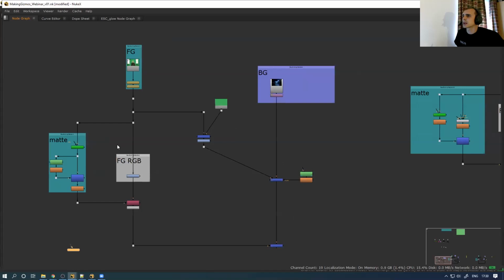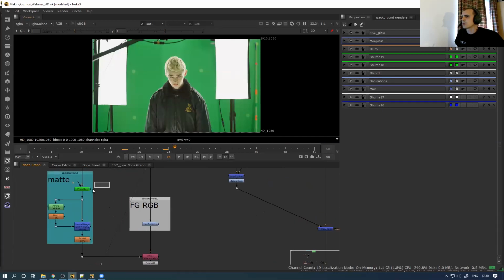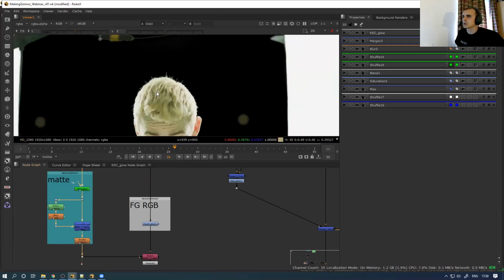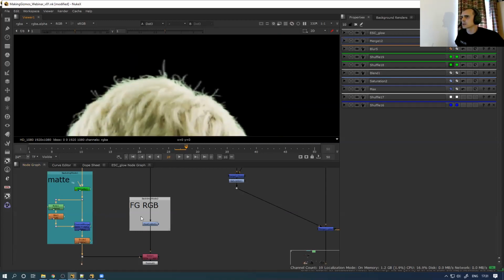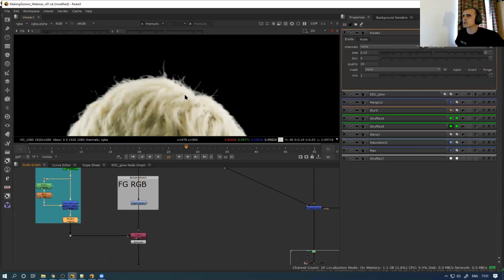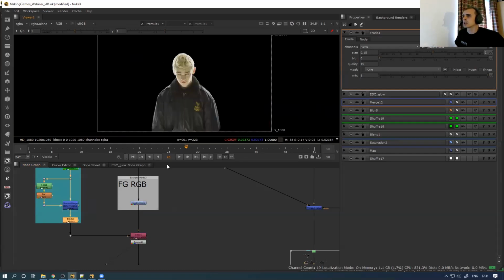So this is a classic keying script. We have footage of a green screen. We are pulling a quick key, and I have pulled a really quick and really bad key because that's the point of this tool. It will help us with some of these elements. I've even done a little roto in there to make sure we lose a little bit of this hair detail. I normally wouldn't do this, but obviously try to key things as well as you possibly can. But here I've just done a really quick roto, just a quick key, and